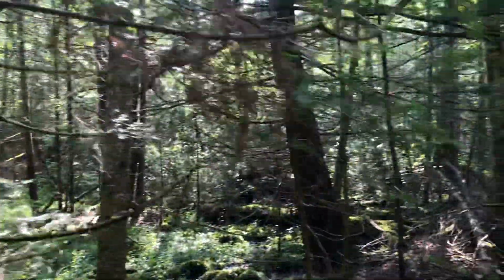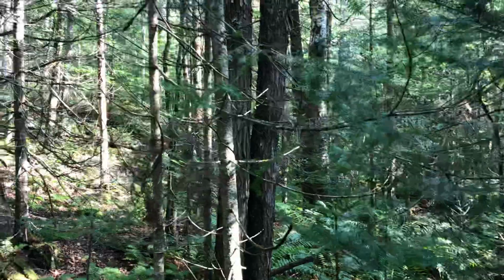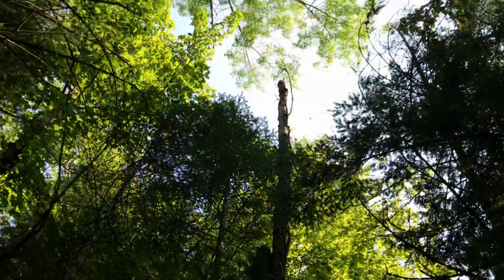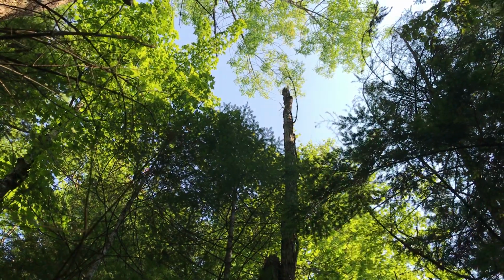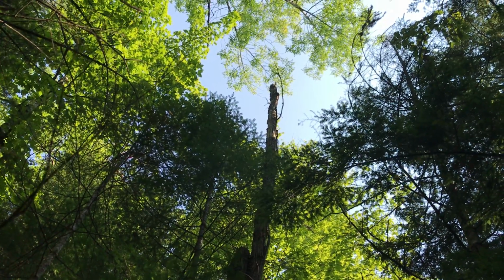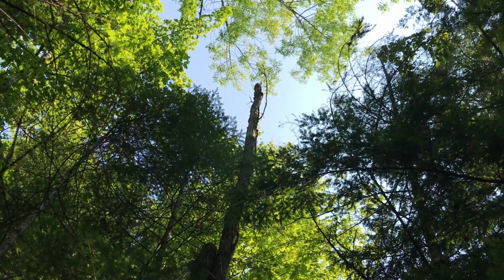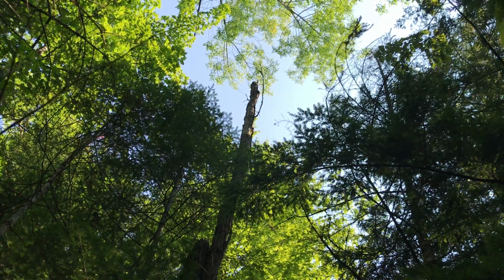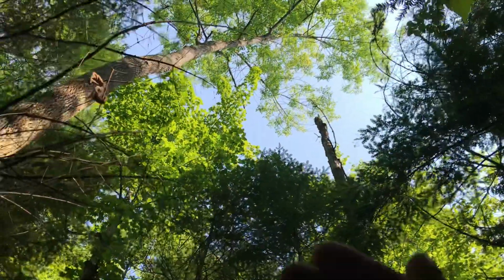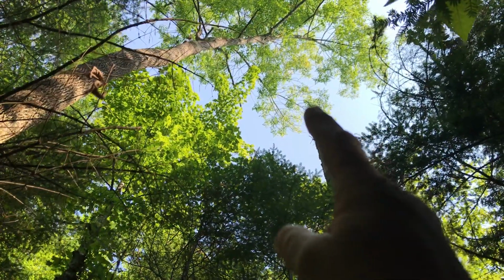Let me take you over here. I'm gonna point this camera straight up in the sky. And voila. I zoomed in with my 40 optical, and the same tree fungus and lichen is at that portion of break, the same type of tree, the same bark, lichen, and fungus that's on the tree. It appears, even though it's leaning back towards me the wrong way, that that snapped off from up there and fell this way,